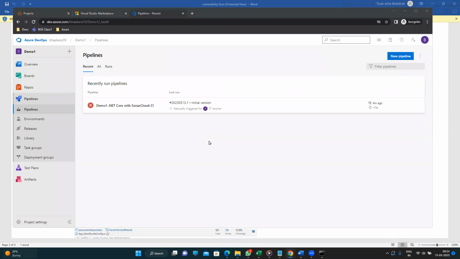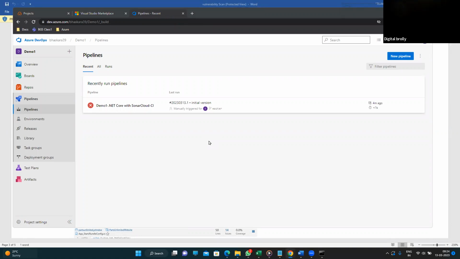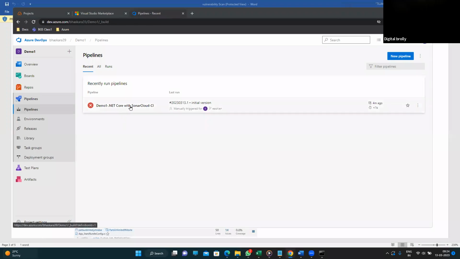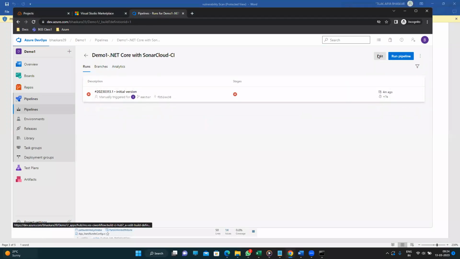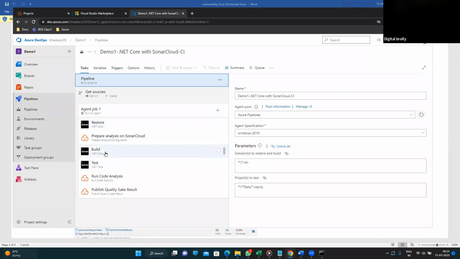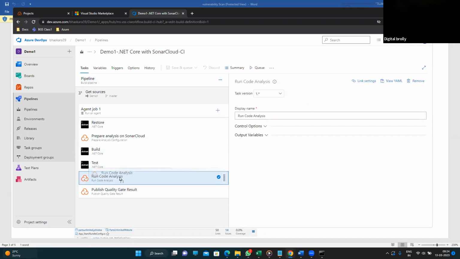Of course, most of the time it will be added to an existing pipeline, just dragging and dropping. That's all, right? You know how to add a task, right? Yes, so adding a task is simple. You have so many tasks here, right? Your restore is common, like in our previous pipeline. Your build was there, your test was there, your publish was there. You can always drag and drop wherever you want. Add a task and